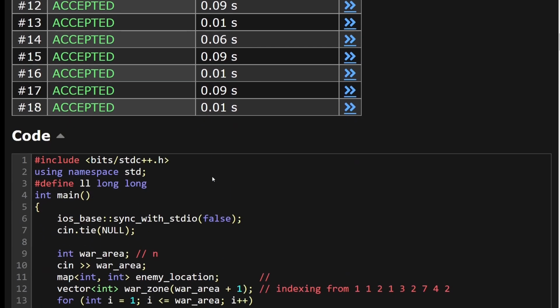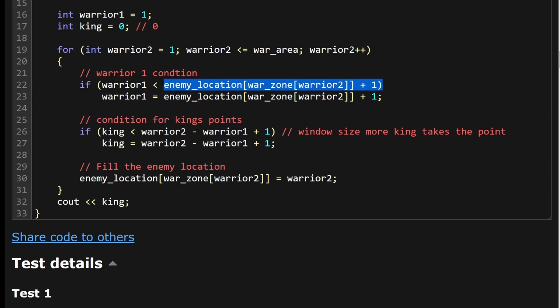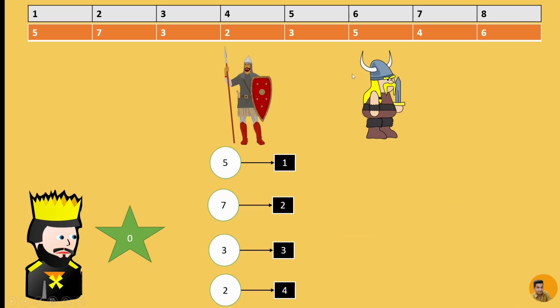So it has been accepted, and this warrior and king model was easy to solve this problem. And just try to run this on paper and pen if you want to have a clear understanding of this part, because I have explained to my greatest effort, and it is very simple. We are looking at this map data structure. If the location is there, then I am just calling the warrior 1 to the incremented position, right? Why are we calling to that incremented position? Because